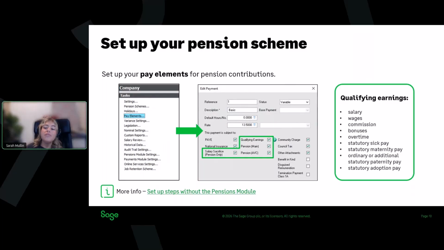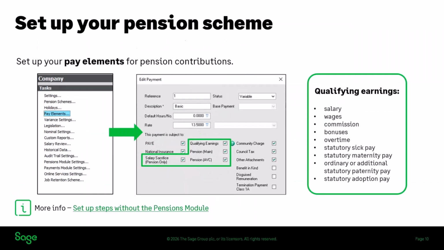Once everything is set up and in place, Sage 50 Payroll will use those settings alongside your pension scheme settings to automatically calculate those contributions correctly for you. So I want to move into the first demo now. I'll show you how to set up your scheme and configure your pay elements as well. So let's just lose these slides for now